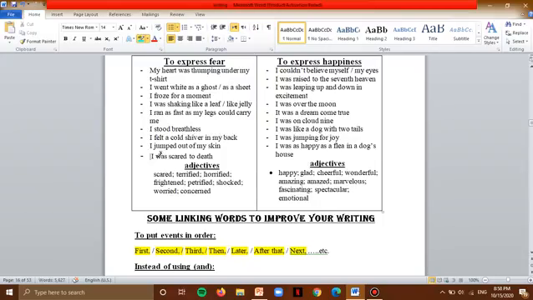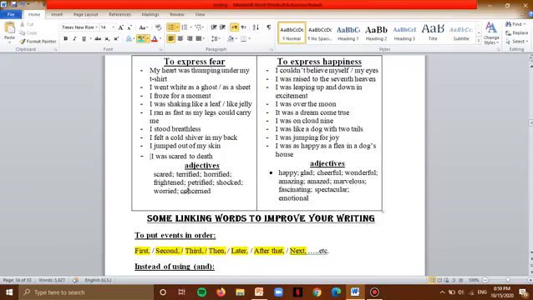Okay, so these are all expressions that I can use to make my story again more interesting, to give it a little bit of life. Okay, I don't want my reader to get bored while he or she is reading my story. Also, those are some kind of adjectives that I can also use. Scared, terrified. Terrified means very scared. Horrified. Okay, frightened. Petrified. Petrified means absolutely scared that you turn to like stone. You cannot move. You're petrified.